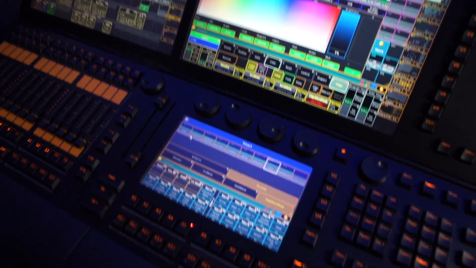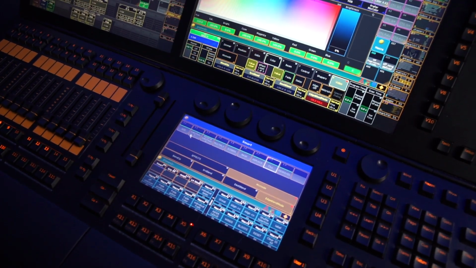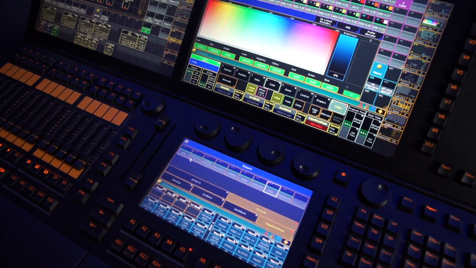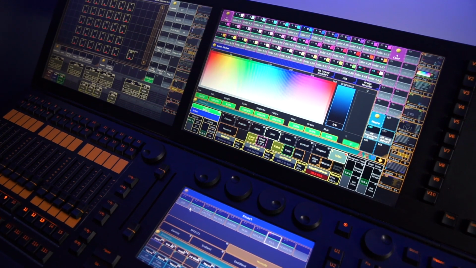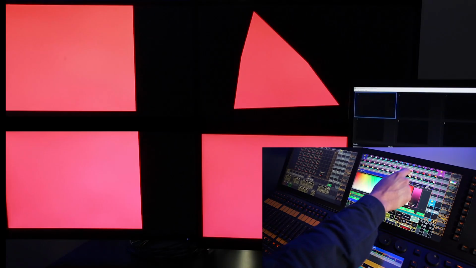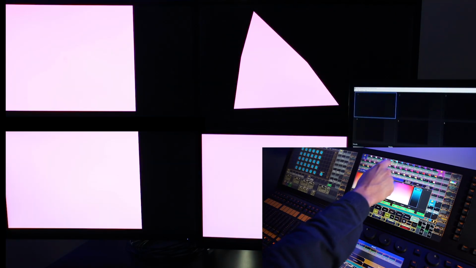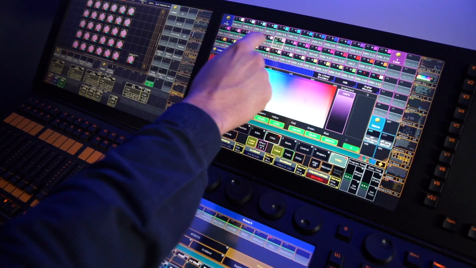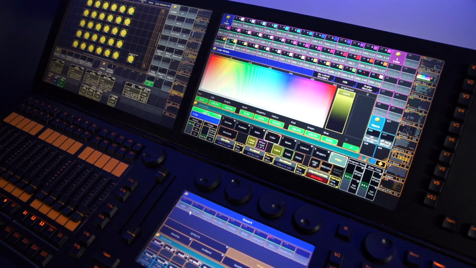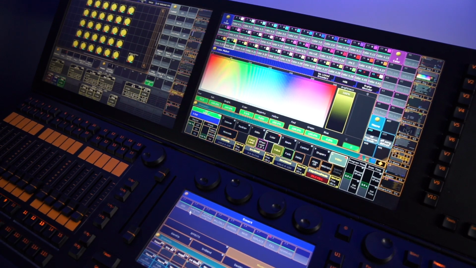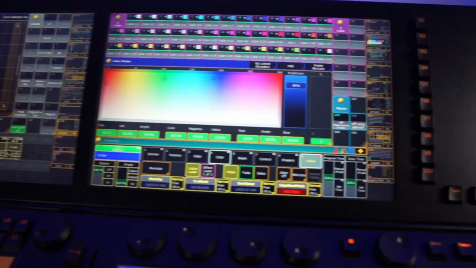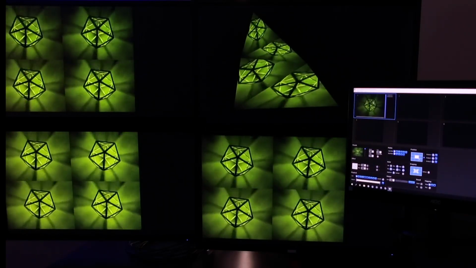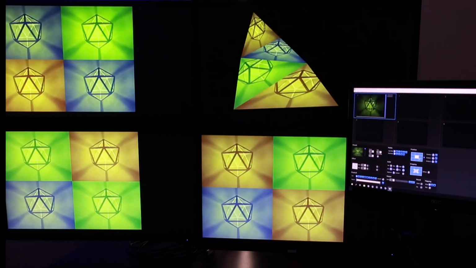The color blend mode fill can also be used to send colors directly into the surface without any content playing in your layer. See now that the surface is filled with the pure color sent from your desk. Let's use now some simple color effects generated from my desk directly.